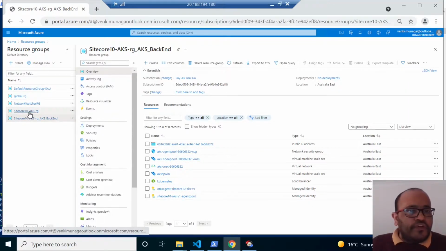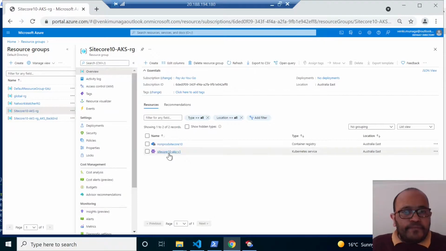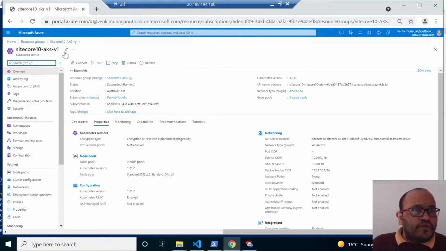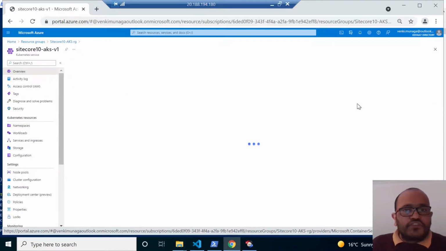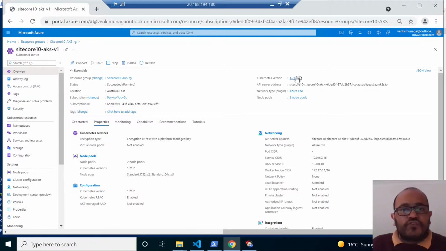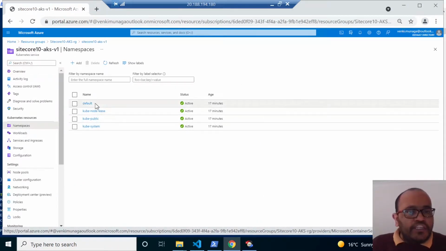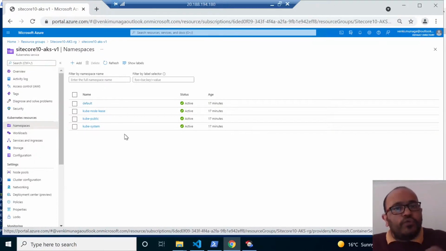Okay, now if I go here and open the Kubernetes service, the first one is the namespace, and you can also check the versioning here, what version of the Kubernetes service is currently there. Click on the namespace, and these are the default namespaces you will get. If you try to deploy without creating anything, it will go to this default namespace, but as part of the demo we are going to create one staging namespace. This namespace is a logical group. You can create multiple namespaces.